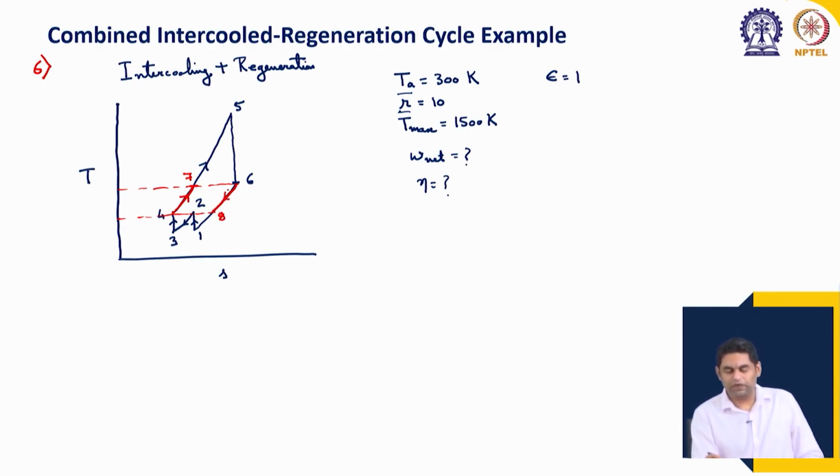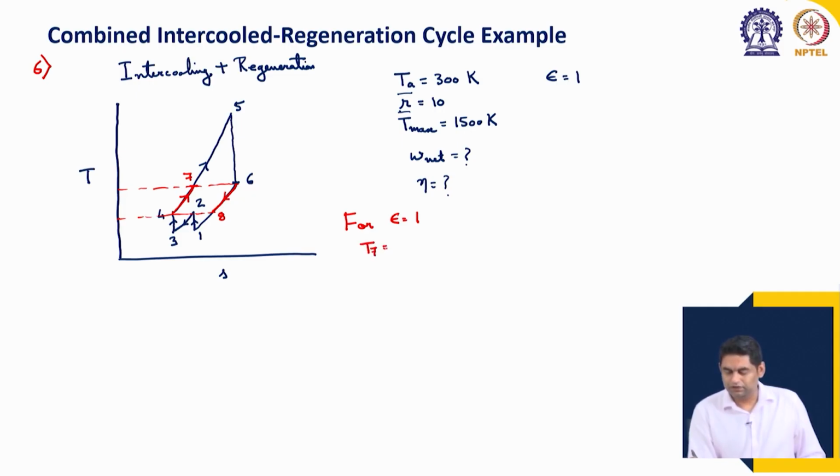So, for the ideal case T 7 equals T 6, and T 8 equals T 4 equals T 2. These are the regeneration processes, and we are closing out the cycle from 8 to 1. So, we can write then that for a perfectly effective regenerator,